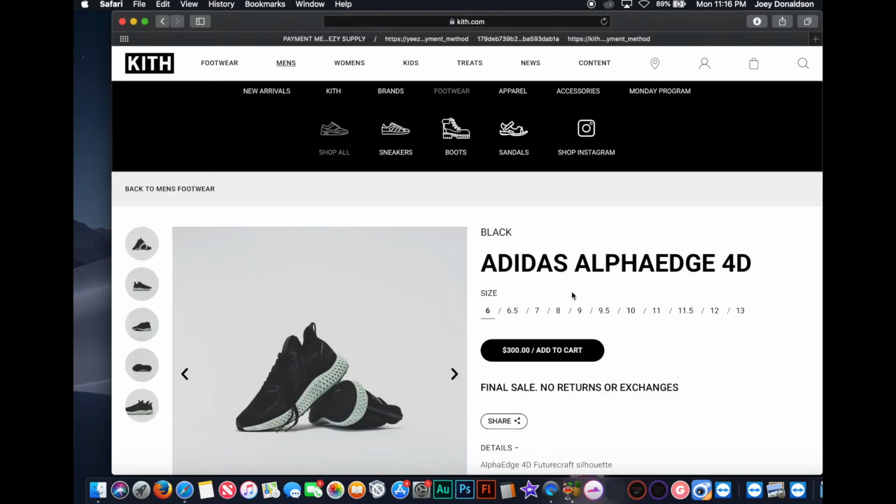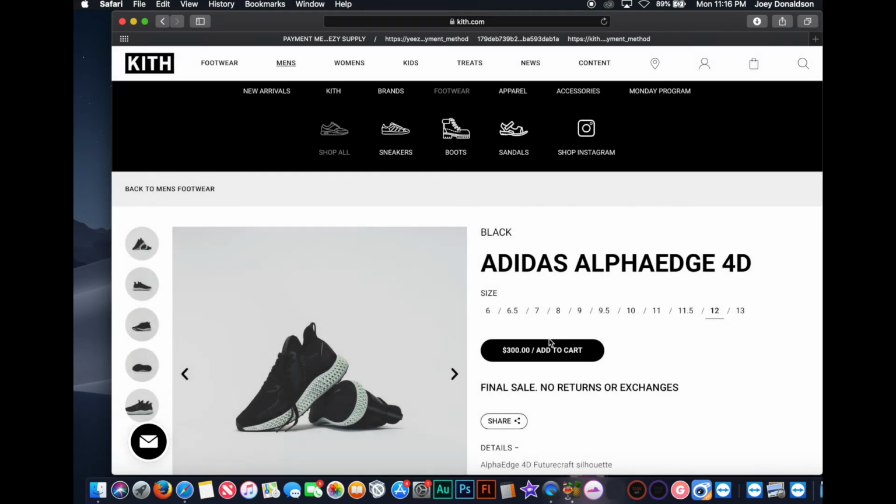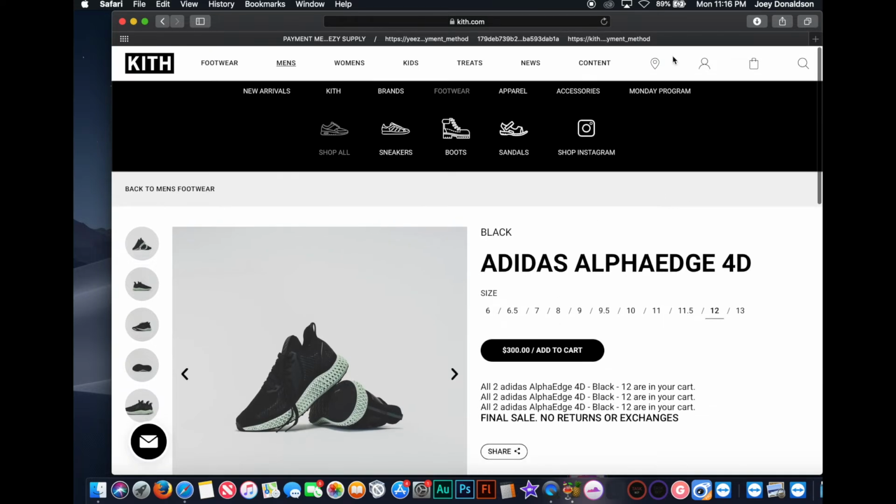So here's the sizes. Oh my god, we're going fast. We click add to cart. Now if this is really adding to cart here, I'm going to make sure it actually is. See, the cart's not really working, but once you know it's in your cart, I'm not doing it as fast as you would, because in this moment you're going to want to be going as fast as possible, but once you know it's in your cart, you click the URL here,